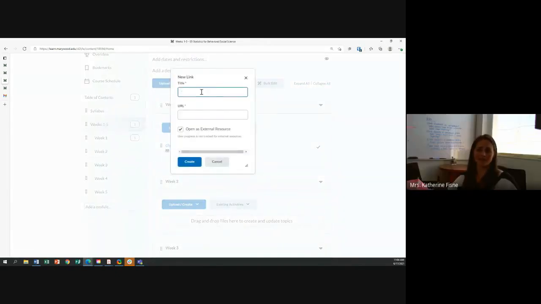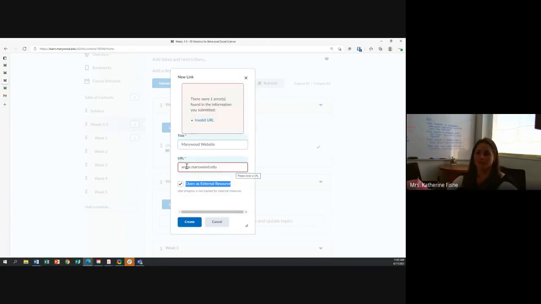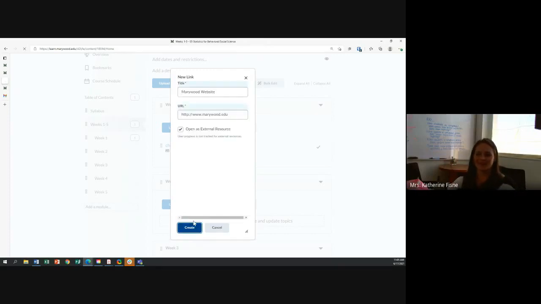We have create a link. So there you would title it, website, and then there is the URL that you could type in or copy and paste. Now, one of the things here is open as an external resource. An external resource means that it will open in a separate page. Oh, okay. It has to have the HTTP. All right. So if I hit create,